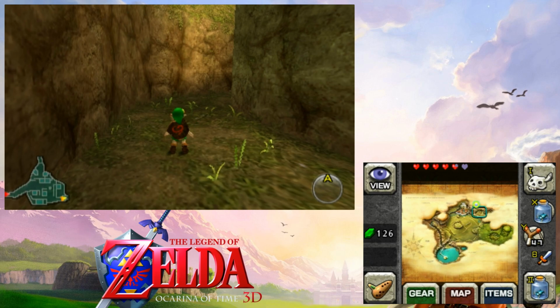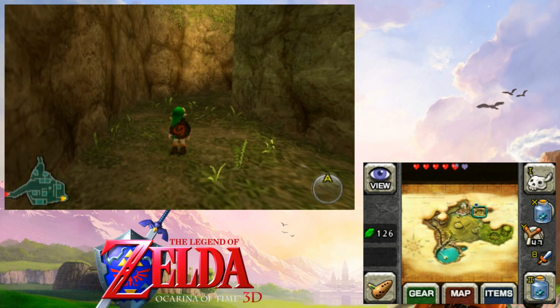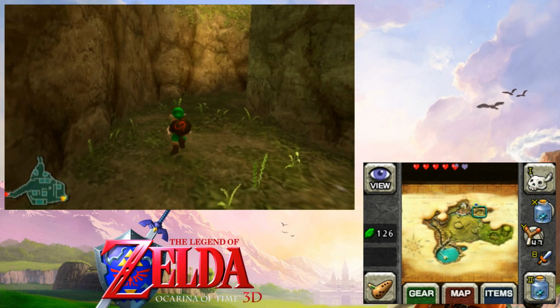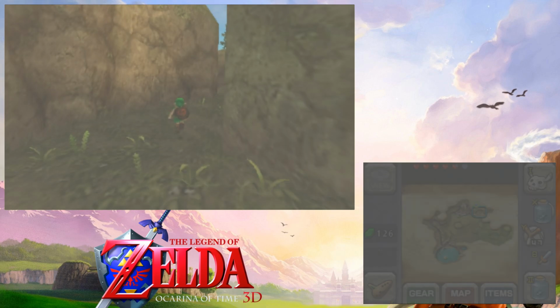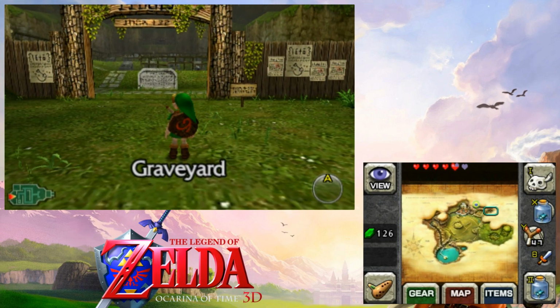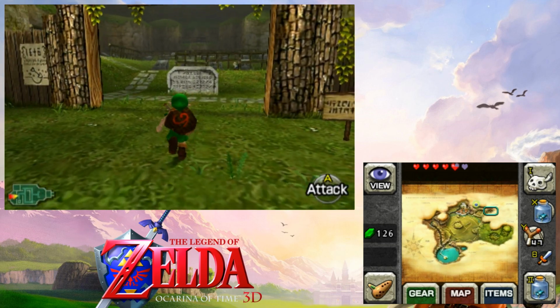is you will enter the hole with a mask, and the Business Scrubs in the hole will dance around, and they will throw out some rupees once they are done dancing. Apparently there's some Business Scrubs in there I forgot to talk to. Or the Deku Scrubs will just stand there and stare at Link. They will do nothing. But